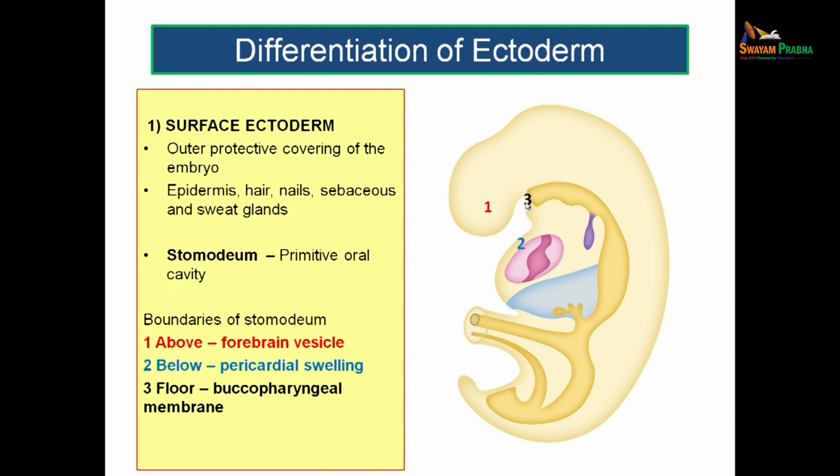As you have a closer look at this buccopharyngeal membrane, you can see that it is formed by only two layers. One is the ectodermal layer and the other one is the endodermal layer of the gut. So, there is no intervening mesoderm. You get only two layers at the buccopharyngeal membrane, the ectodermal layer and the endodermal layer of the primitive gut. So, there is no intervening intraembryonic mesoderm at this region. That is the importance of the buccopharyngeal membrane. As this membrane goes off, the communication is maintained between the oral cavity and the primitive gut.